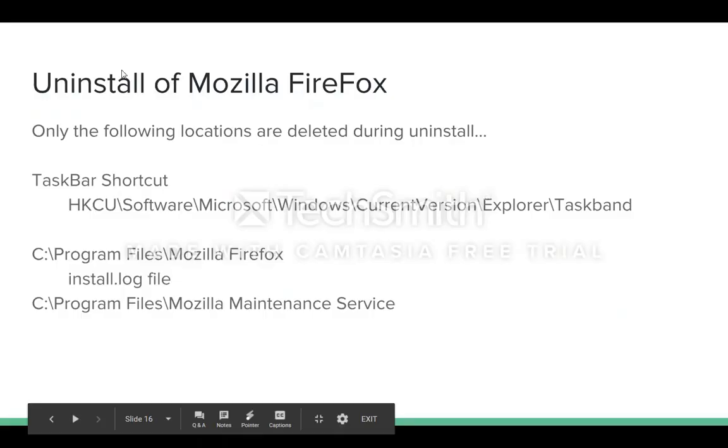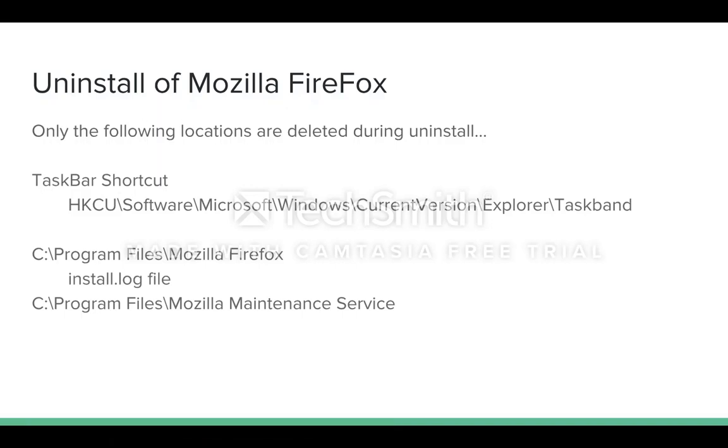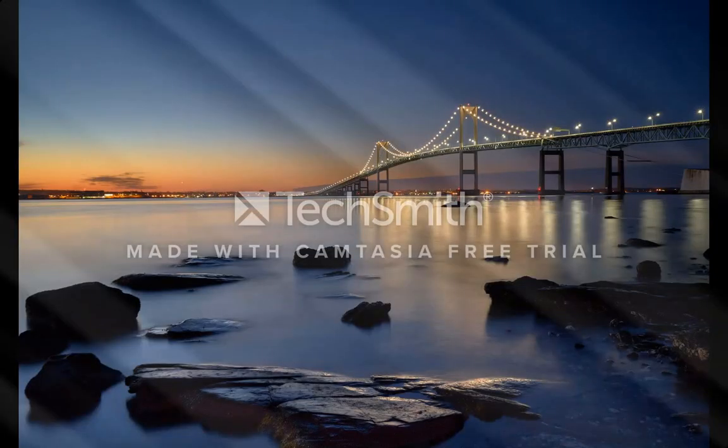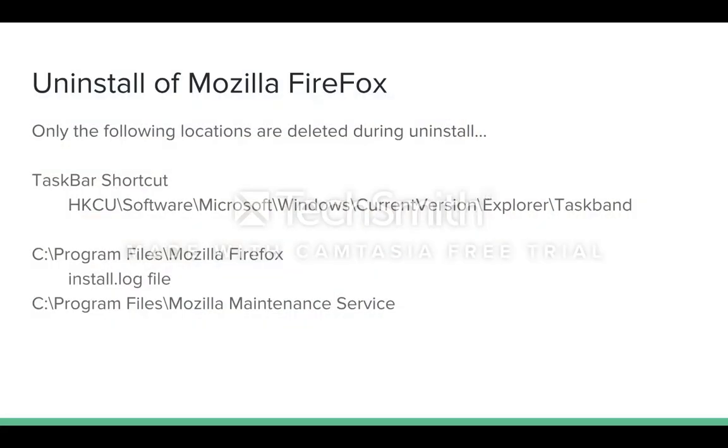We're going to end off our lecture with an analysis of the uninstall of Mozilla Firefox. As you can see here, not much is deleted. The only registry key that we lose is one in our software hive that handles the taskbar shortcut icon. In our C drive, we lose our program files directory for Mozilla Firefox and the Mozilla Maintenance Service directory in program files. The only file that we lose is the install.log file, but that can be easily